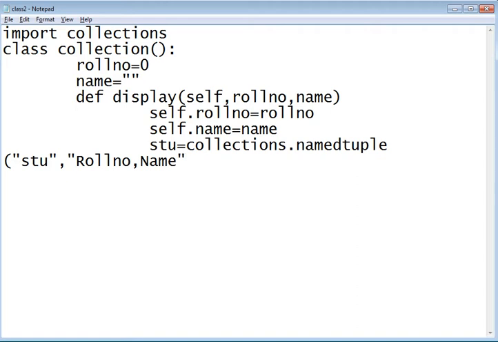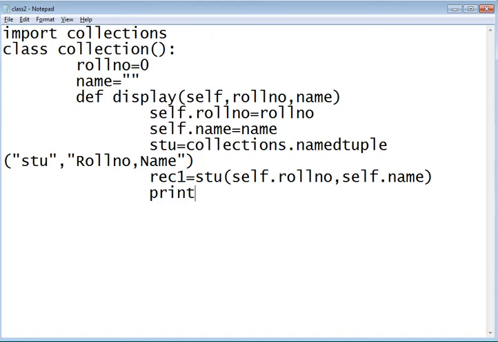Okay, these are the fields, and we should print. We should call record 1. Record 1 is equal to STU, and we should have self dot roll number, self dot name.